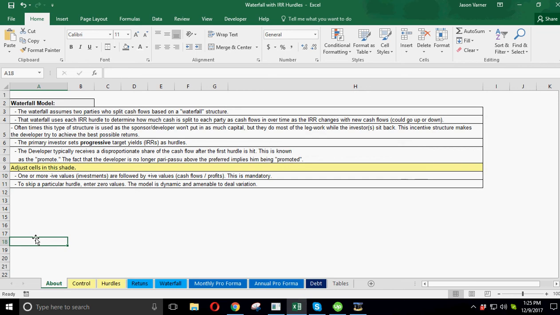Waterfall uses each IRR hurdle. Right. So this model is going to give cash flows on three different levels, and then if the third level is reached, it splits everything 50-50. Now the reason why these are used in real estate deals, joint ventures, is because normally you've got one party, which is the sponsor, that says, well, I'm going to do all this work, I'm going to develop it, put in all the time and effort, and to do that,